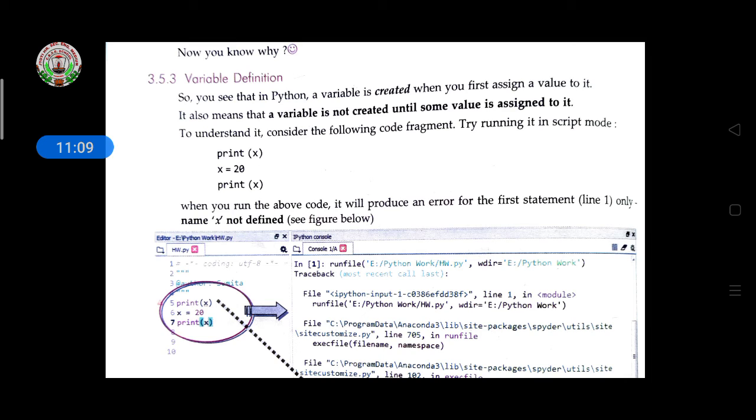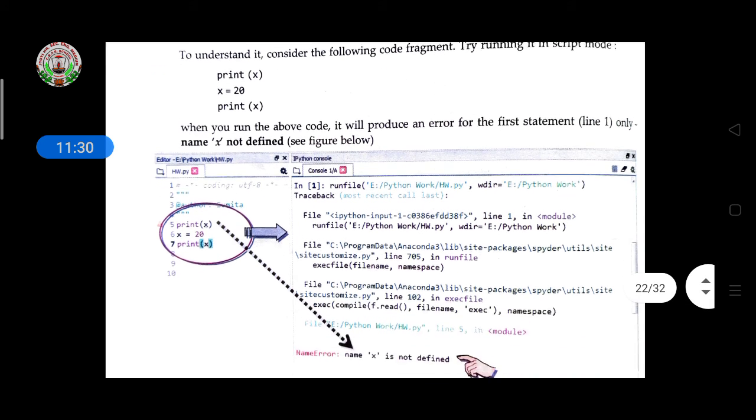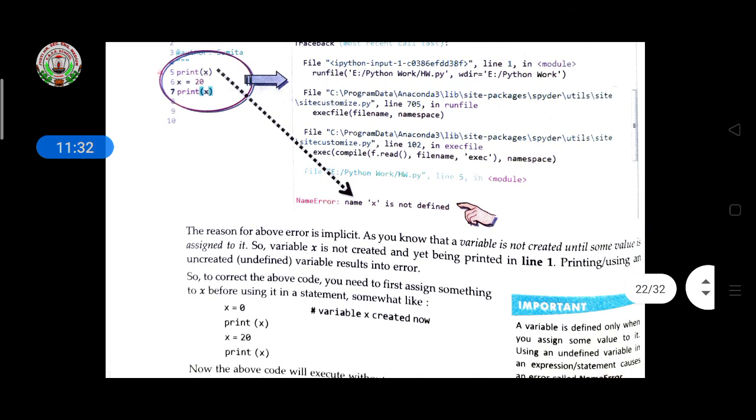The first print x will not display anything, because above that print x the variable value is not given. But for the second print x, above it x equal to 20 is given, and the output will come as 20. Like this it will show the result.